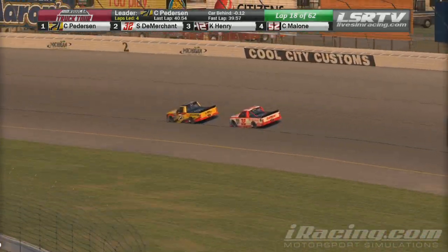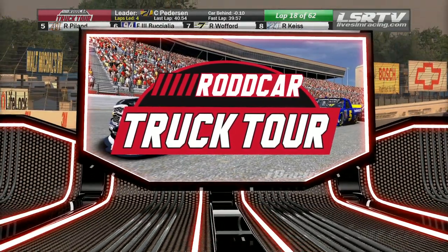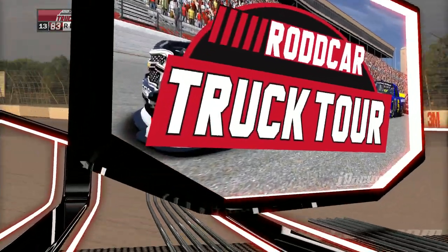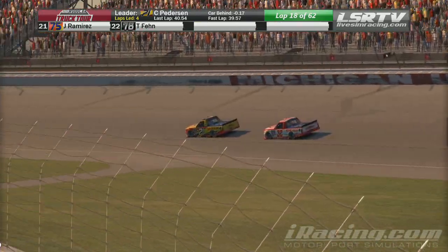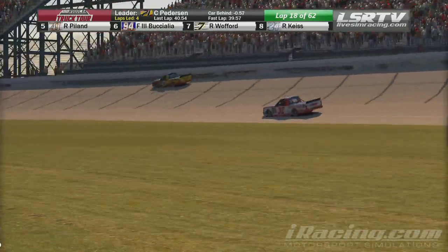We're back live at the virtual Michigan International Speedway, where Christian Peterson, your pole sitter, has taken the race lead back from teammate Seth DeBurchin. It really does not change the complexion so far of this race because they're both 1-2. They're both still 1.7 seconds in front of Corey Henry. The number 12 continues to ride P3 at a Henry Malone company on back, but pit stop's going to begin